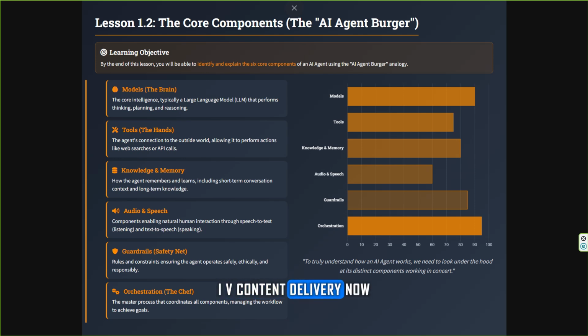Content delivery. Now let's move into the core content and assemble our AI agent burger. Imagine each part is a layer of the burger, essential for the final product. The models, the patty. This is the heart of our burger, the main substance. The model,